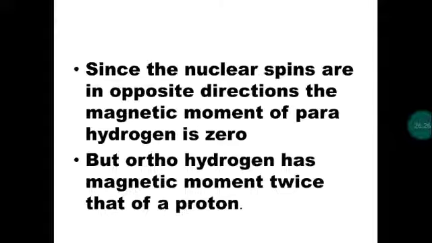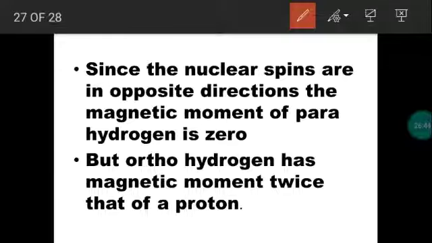a magnetic moment. This is due to the proton present within the nucleus. When a charged species is spinning, it produces a magnetic field, so a magnetic moment will be there. Nucleus spins means what? The proton present in the nucleus is responsible for the magnetic moment. So consider a single hydrogen atom. It has one proton within the nucleus. Due to the spinning of the nucleus, that means due to that proton, a magnetic field will be produced. There is a magnetic moment value for a single hydrogen atom.